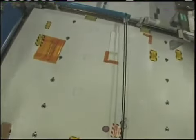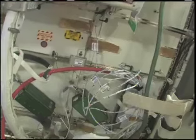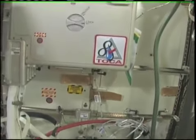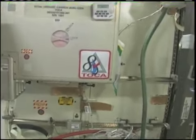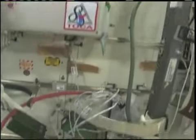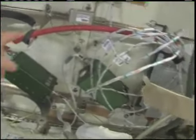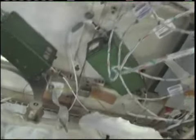This is the WRS rack number 1, and it works closely in conjunction with WRS rack number 2. WRS stands for Water Recovery System. On top of the Water Recovery System rack number 2, we have the Total Organic Carbon Analyzer, the TOCA, and we have a spot to take a urine tank, a YEDEVU, using a compressor. We send the urine through here,